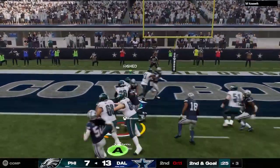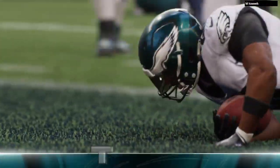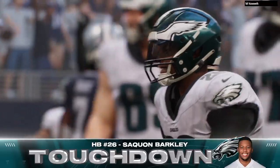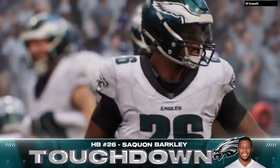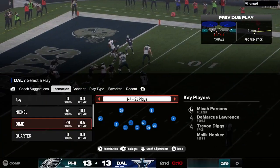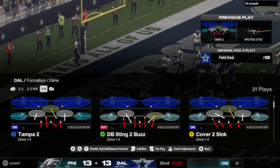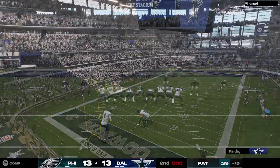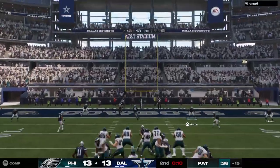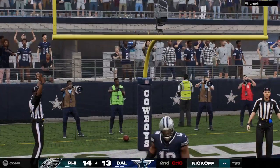Another try for Barkley. And he's in. Touchdown, Eagles. Saquon Barkley in the final seconds of the first half. And the Eagles have tied the ball game with a chance to take the lead into the locker room. So now this to get themselves a lead here heading into the break. And this puts them on top by a penny. It's 14-13. Eagles 14,